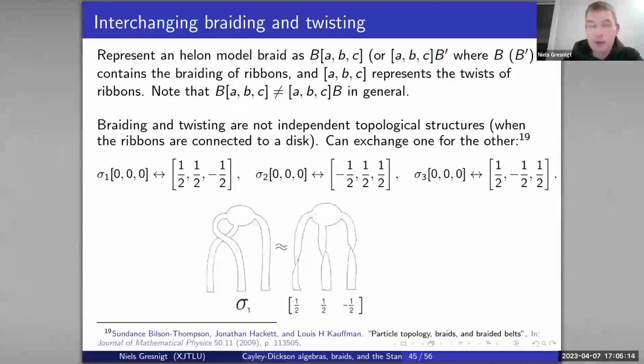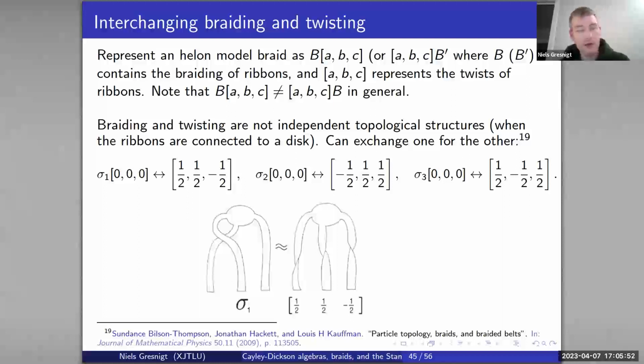And now, very crucially, what's interesting is that as long as these ribbons are connected at the top and at the bottom to a disk, you can actually exchange between twisting and braiding, it turns out. So for example, here in the picture, there's an example of this where the braid generator sigma 1 is exchanged for twisting. And the way you do that is you manipulate this disk at the top. So in 3 dimensions, you manipulate that disk. And so you can always exchange all the braiding for twisting. And actually, you can go the other way as well, exchange all the twisting for braiding.